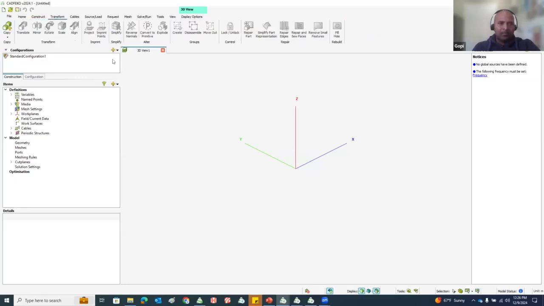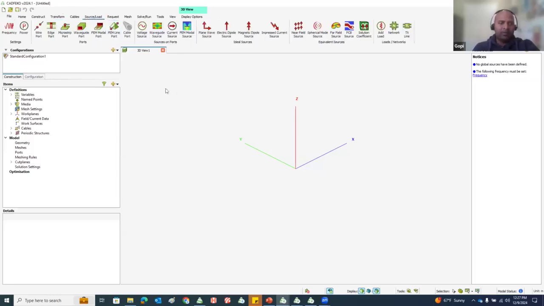And under the transform tab also, there are some features that can be used for building the geometry, like making multiple copies or translating, rotating, aligning, all those capabilities. So between the construct and transform tabs, you have everything that you need to build the geometry that you want to solve. And then you move on to the source load tab, where you can specify the frequency,